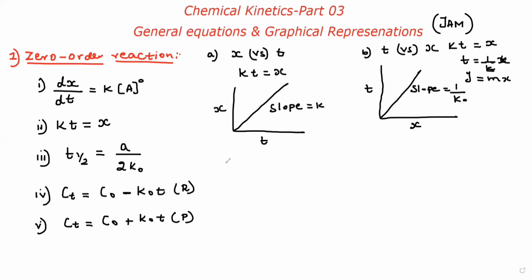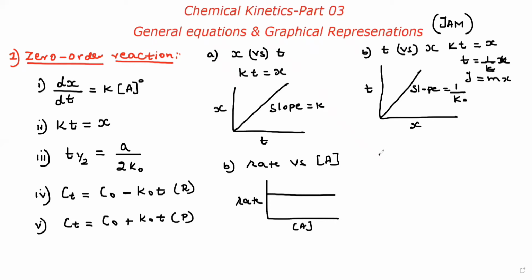Okay. And third graph, very important. That is rate versus concentration. We know very well, what is zero order reaction? The change in concentration does not alter the rate of reaction. That is zero order reaction, right? That means the rate of reaction is independent of the concentration. Therefore, I plot the constant graph. This is rate versus concentration. What is the graph? It should be the constant type. Okay, this graph.